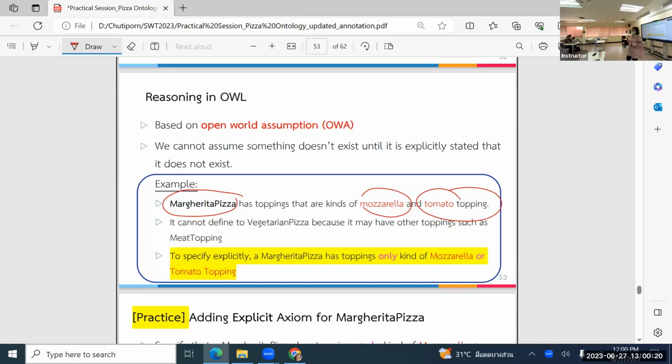Okay, it is like I say I am a supervisor or advisor of Duke, but it doesn't mean that there are no other students that I'm also supervising, right? I only say just some partial thing. It may include some other things too. So the same thing is that we cannot infer that Margarita is vegetarian, because Margarita may have something else which is a meat topping. It only says that it has these two toppings, but it doesn't say that it doesn't have something else too,